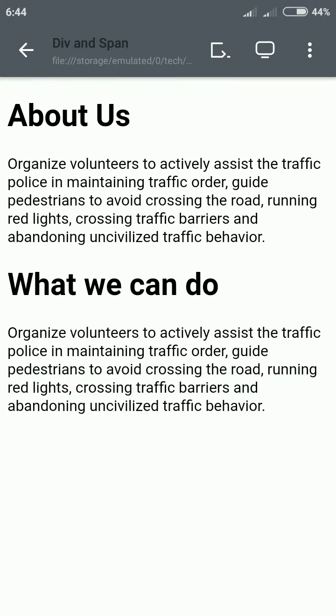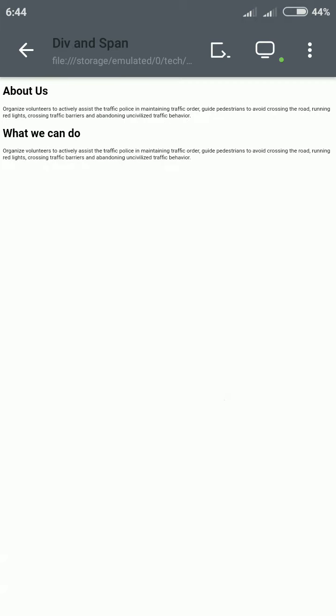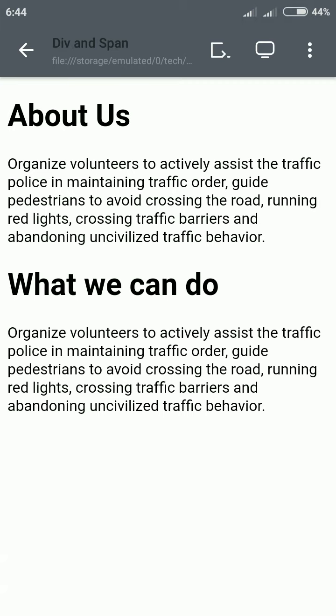And if you play it on the screen, you can see that we have these two sections. We have these two divs in different sections. You see, it aligned them separately. You can see the first one, about us, is on its own, and the second one, what we can do, is on its own. This is one thing that a div can do, and if for any reason we bring a div to this place, what will happen is that it will break it down entirely. Okay, for the span tag, I'm not going to look at it in this course until we start CSS